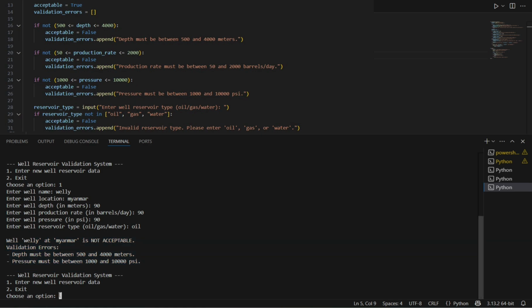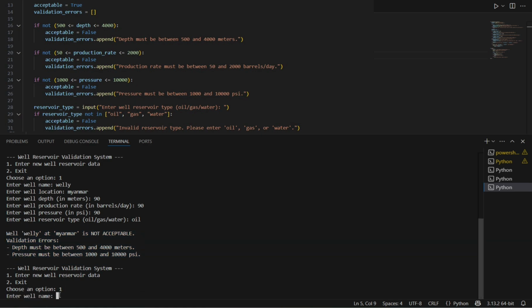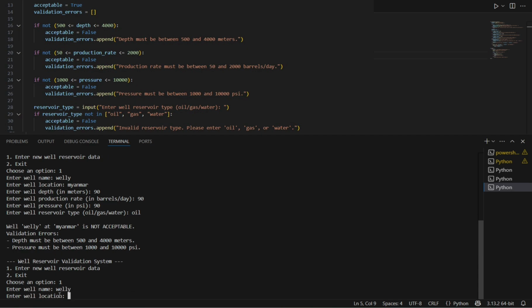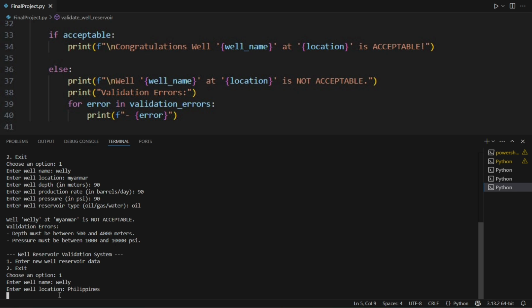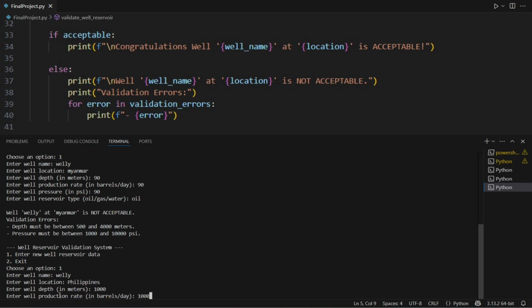If the input of the users doesn't meet these conditions, then it will be read by the program as a validation error and will display the requirements for that specific characteristic of the reservoir. The program will print the well name and location and say that it is not acceptable and will show the